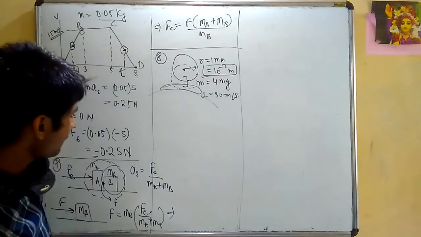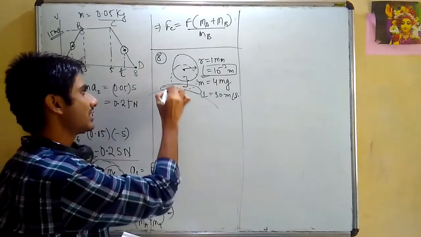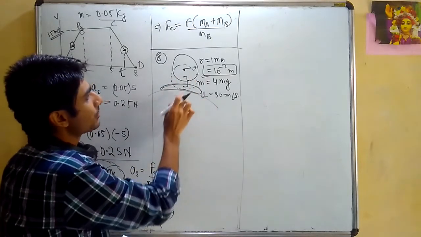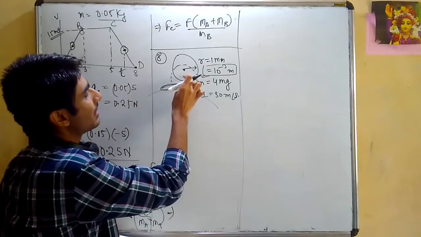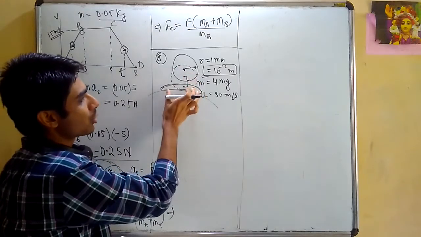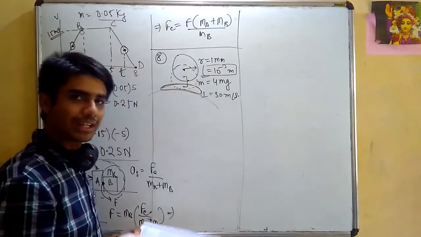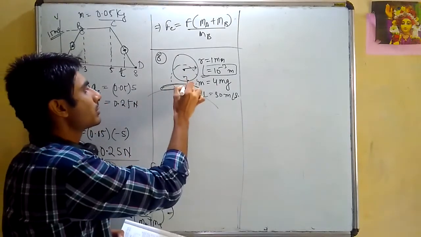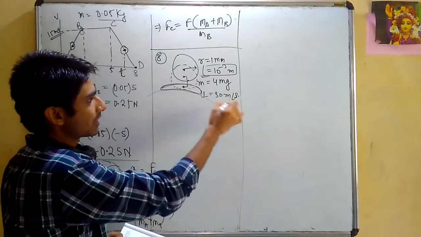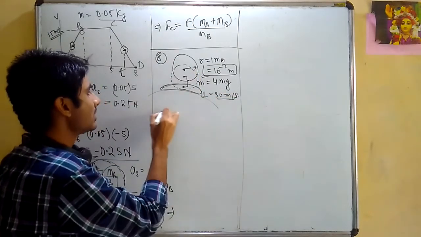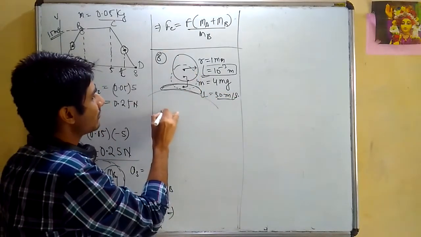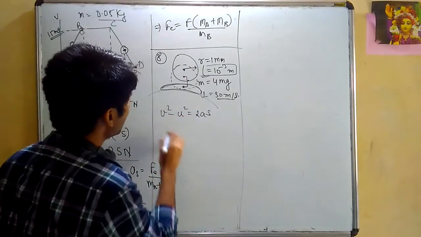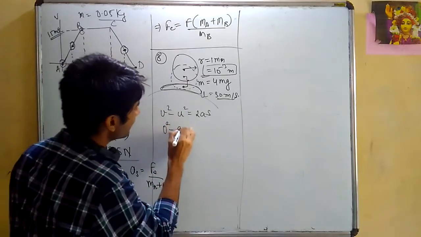How do I solve this question? First of all, I need to find out the average acceleration, or more precisely the retardation, of this particular drop. After falling by a distance of the radius, this drop finally splashes out. The raindrop gets broken. So I'll assume that the final speed is 0, and the speed given already is 30 meter per second. So I'll apply v square minus u square equals 2as to find the acceleration first. So v square is 0 square minus u square is 900.